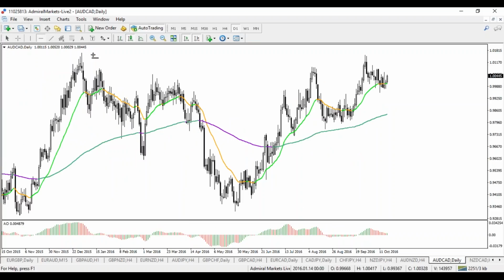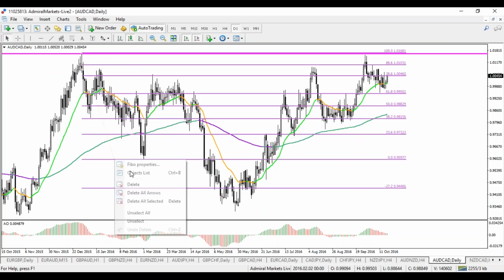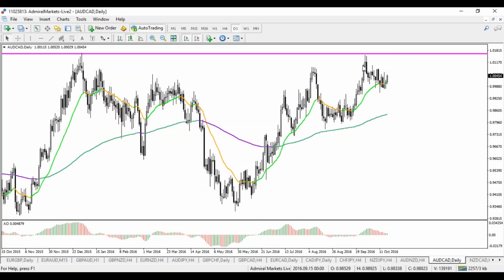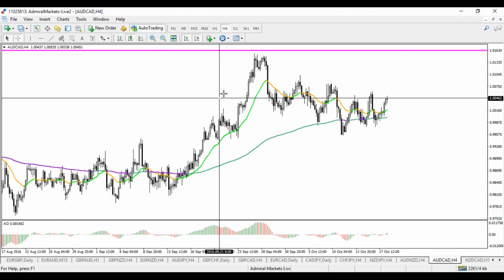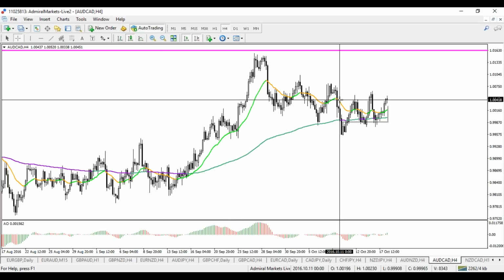Looks like a pivotal moment for the moment. Big top, but strong bullish momentum. And looks like a bull flag at the moment. So this looks bullish to me, but